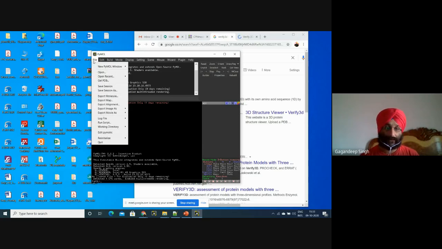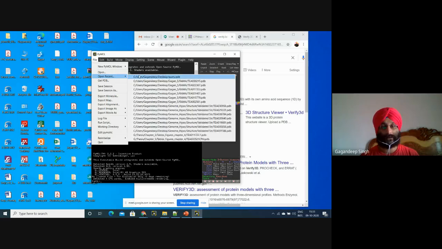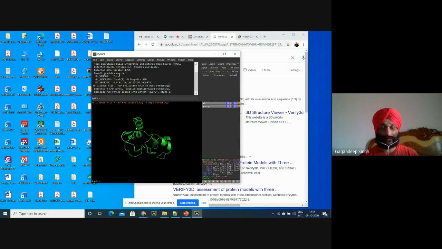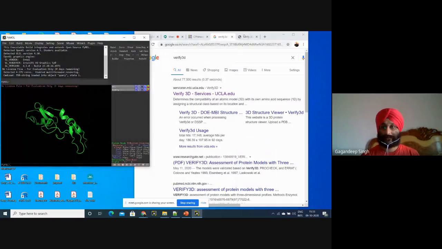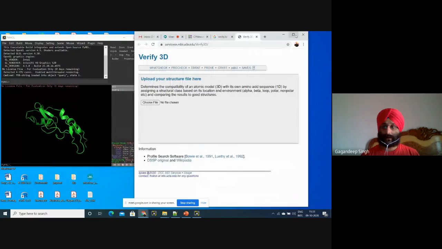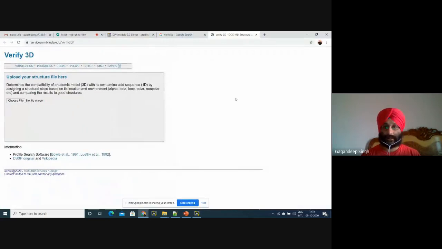This is the model which I want to open, that we generated in our last practical class. Okay. Now, I want to know about this, the Verify 3D.